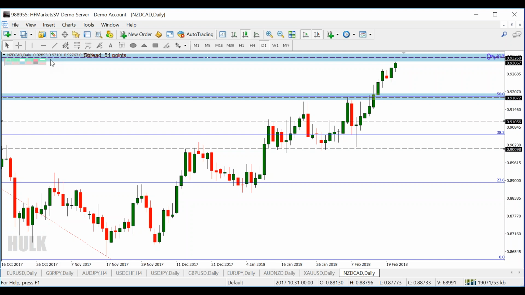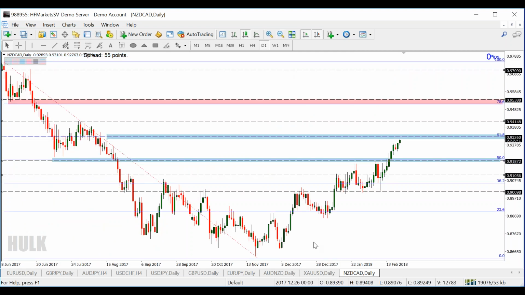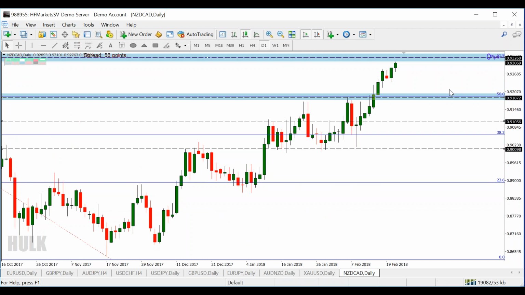Tapi kalau kita tengok, if we look here, the trend is strong on the upward currently. Kalau sampai sini, you see the rejection. Do you want to sell? That's the question. For me, I will not. I will wait for it to come down here, rejection bullish, baru I can look for buy at here.